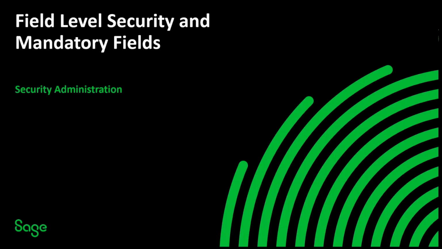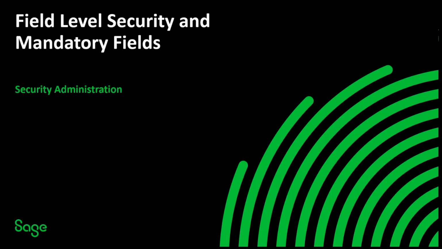We're looking at field level security and mandatory fields within Sage CRM. So we're looking at how Sage CRM allows administrators to control field visibility, edit rights, and the concept of a field being a required field or a mandatory field. And so this session is going to explain both the concept and the practical steps required to configure field level